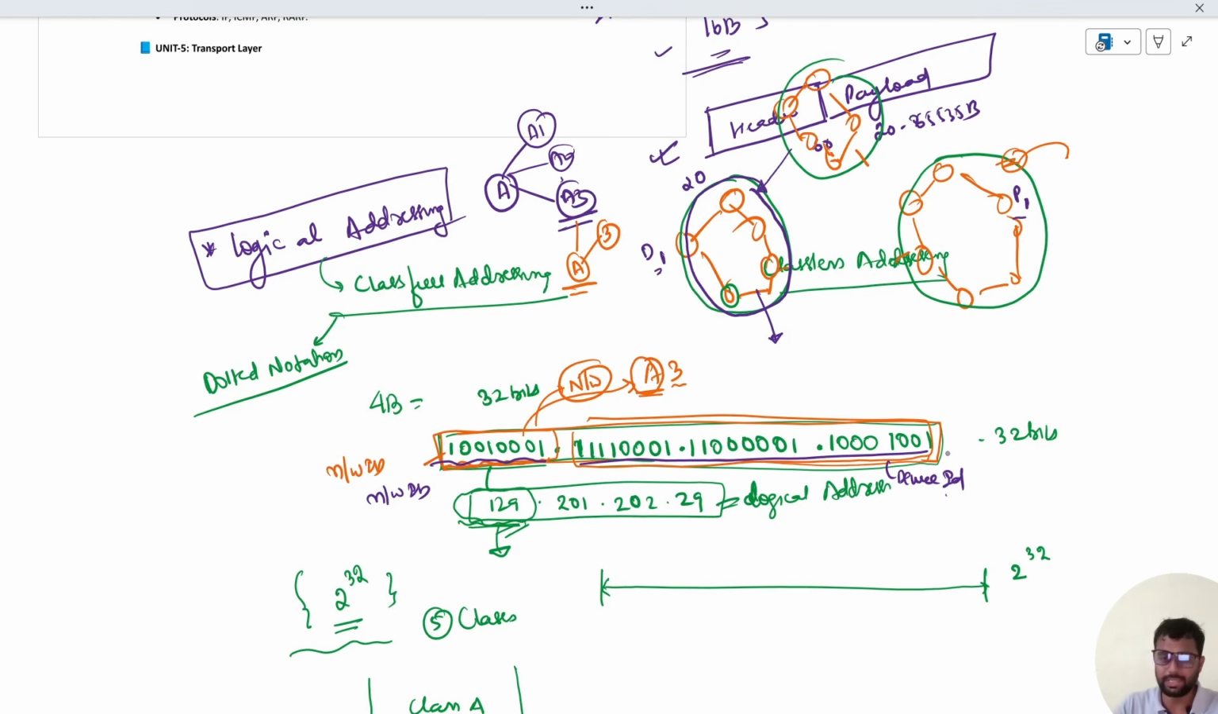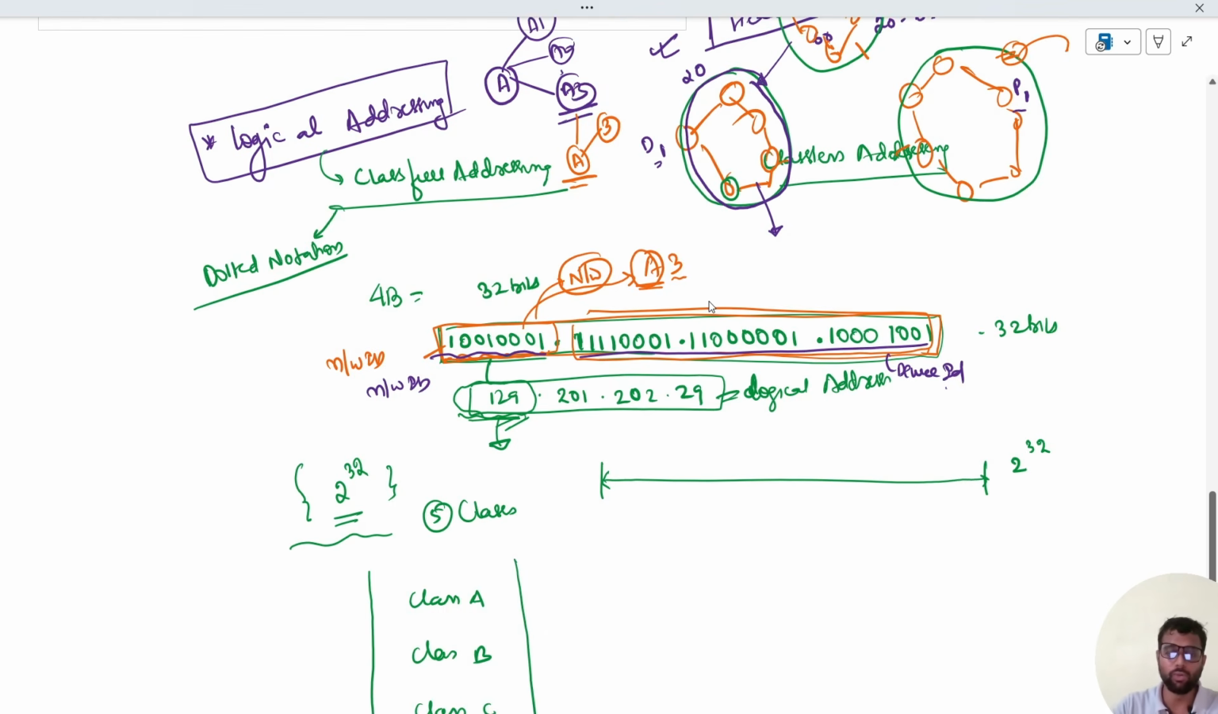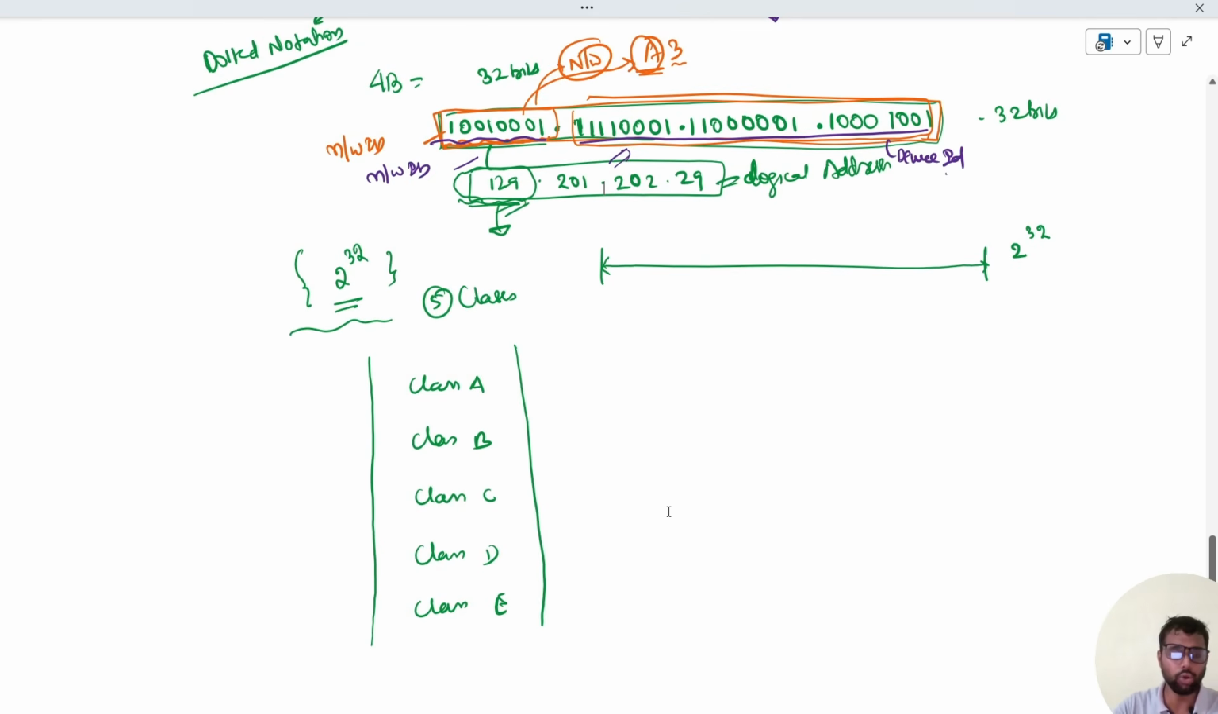Okay, if this is clear, how many bits we are going to use to represent the networks and how many bits we are going to use to represent the device will depend upon the class. So for class A, we are going to use the first 8 bits or 1 byte. That is, the entire byte we will use for the network ID. So if we say that